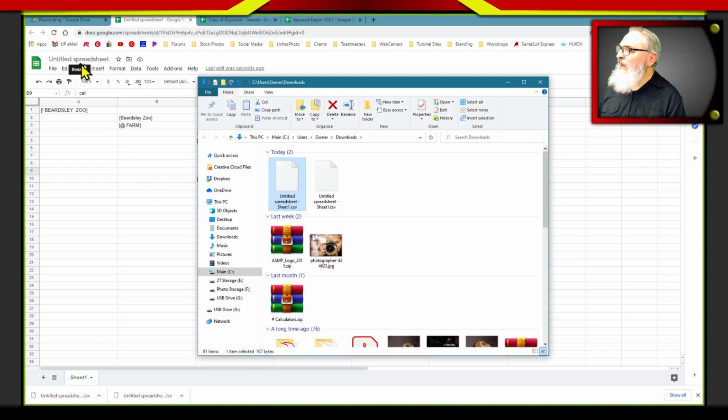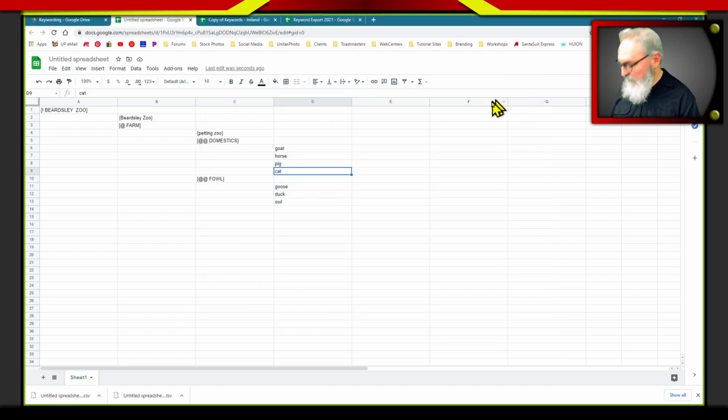I did not give it a name. So let's just call that Lightroom test. All right. Just so we know. Okay. Yep. There we go. Okay. So we have our CSV file. All right. We're going to go to